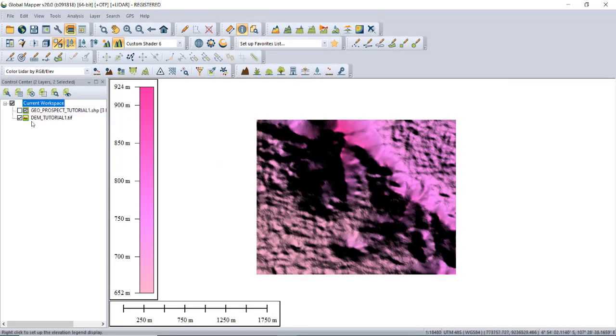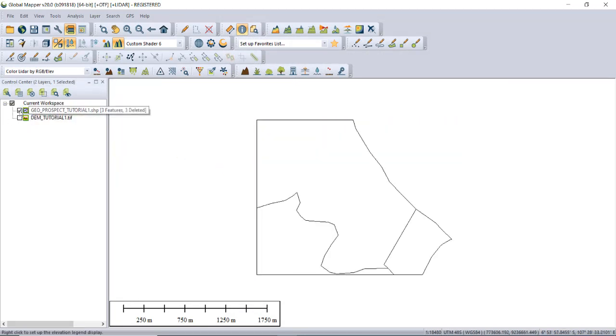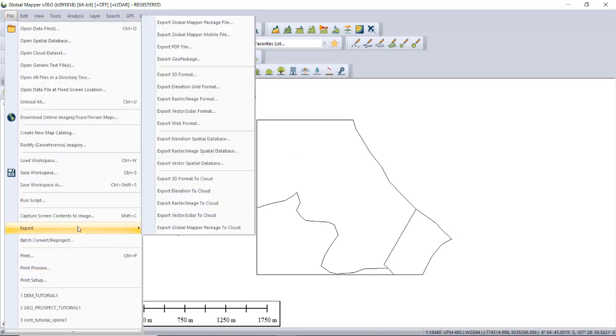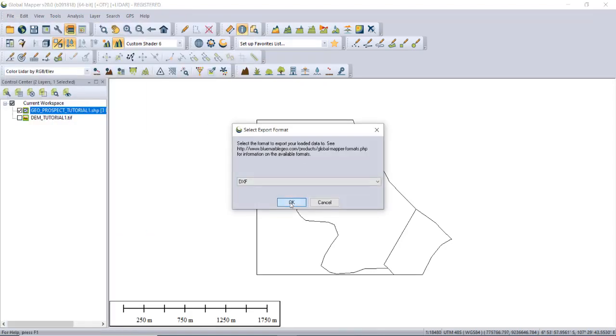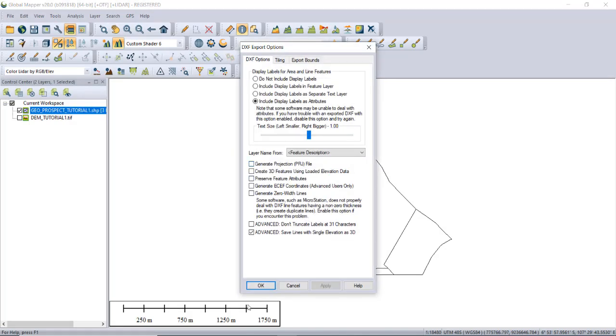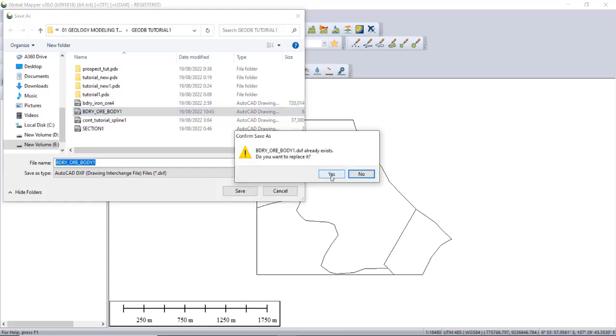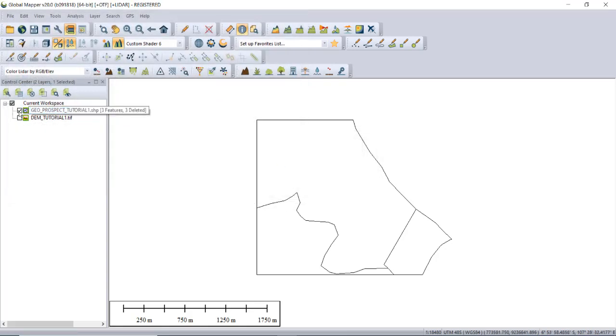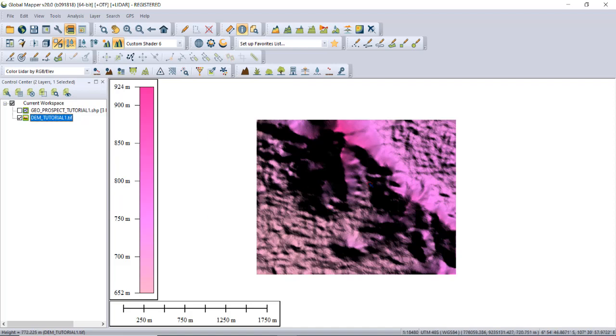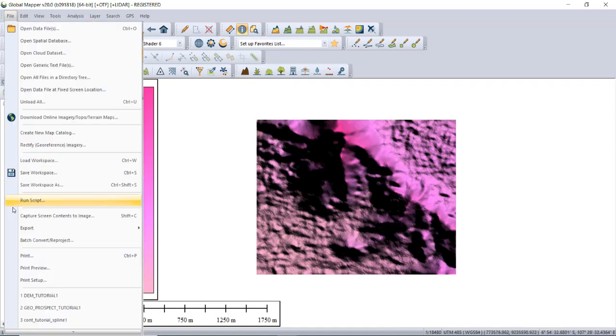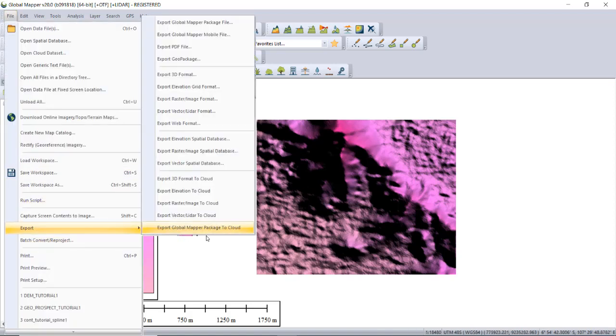Okay, we must re-export this boundary as DXF, boundary or body. Okay, yeah.